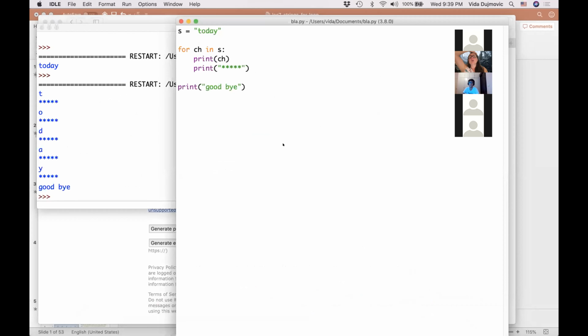Here we had some code. I wanted to write a function that you give one string, or text if you like, and I don't want to print all the characters one by one, I want to print only the vowels. So I want to go through the string, and whenever I encounter a vowel, I want to print it. Let's write a function like that. I'm going to call the function print vowels.